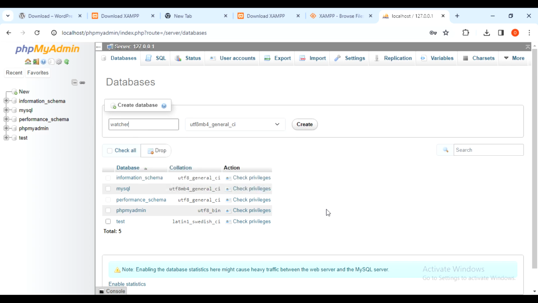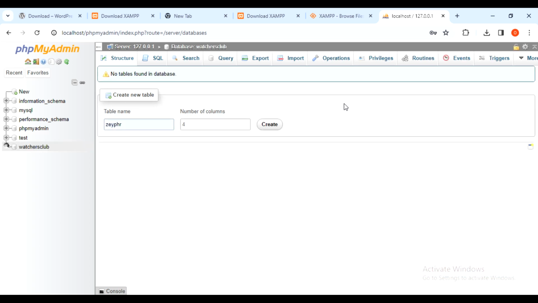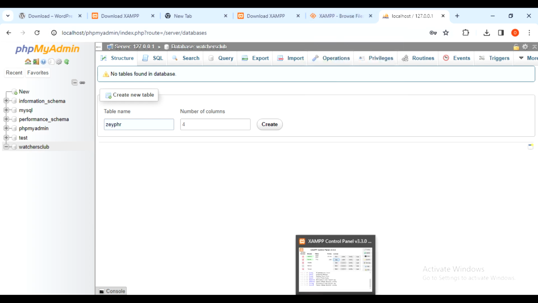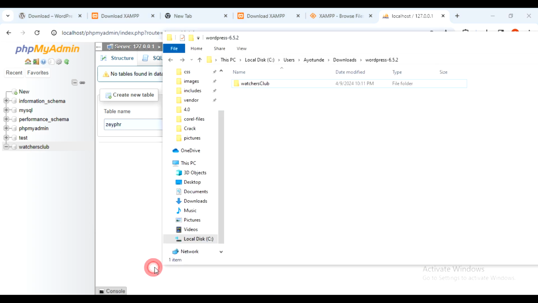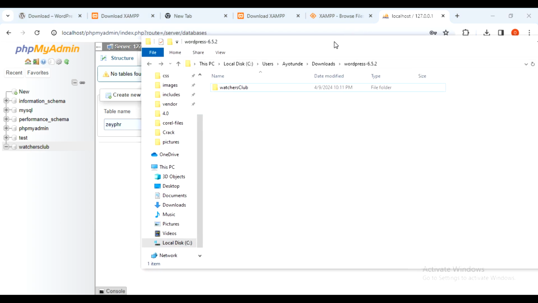Click on create, and it should create a database for us. Let's leave that and move to the next phase. Now the next phase is to copy the folder that we extracted and renamed earlier. Copy it,